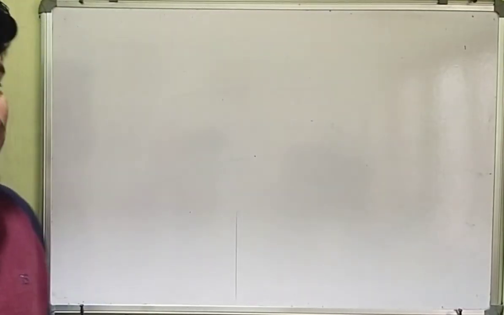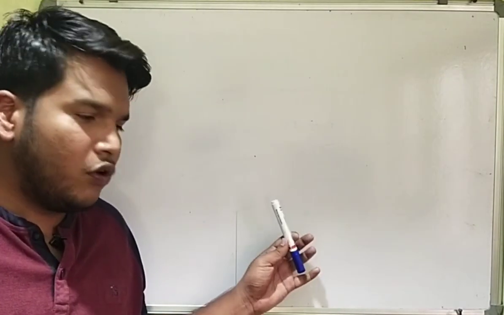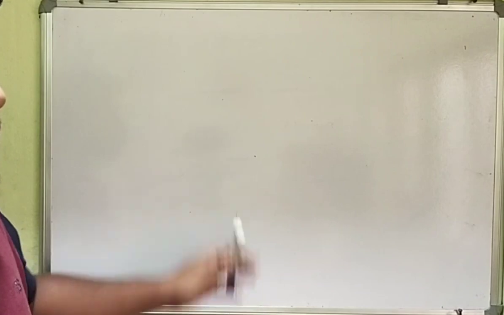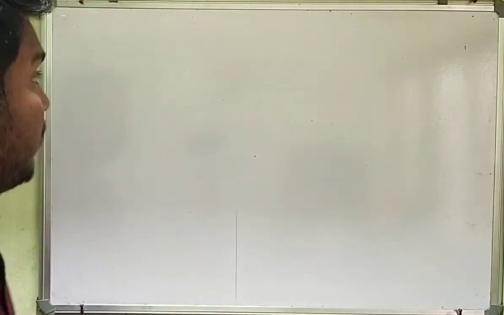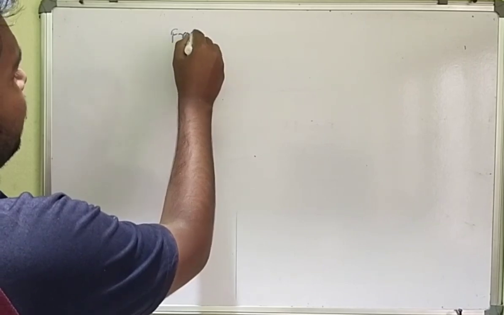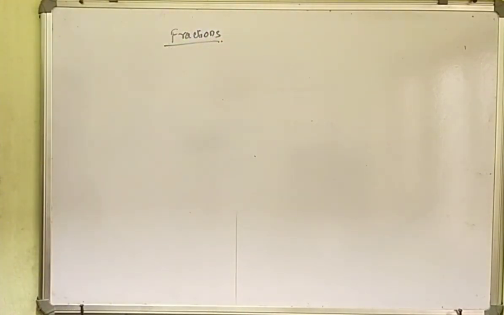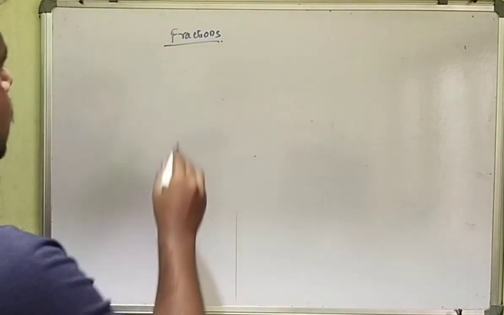Okay, dear students, so I told you about the 4 operations and tables. In the bridge course, the first concept I am taking is fractions. What do you mean by a fraction? As you learned in your previous classes, what is a fraction?